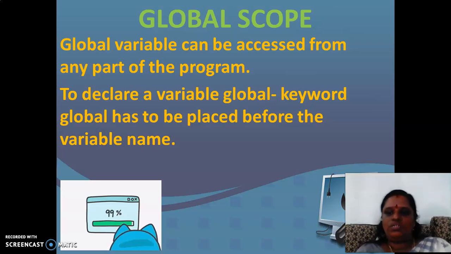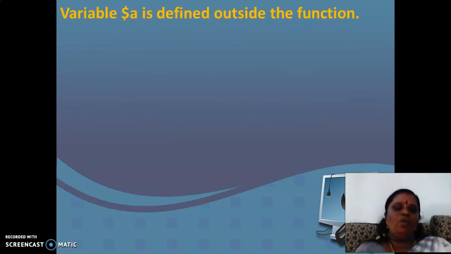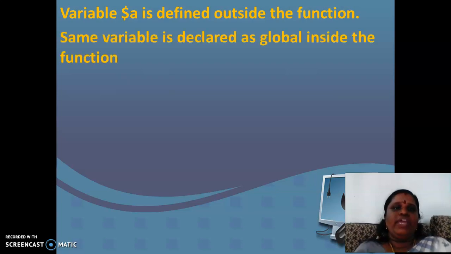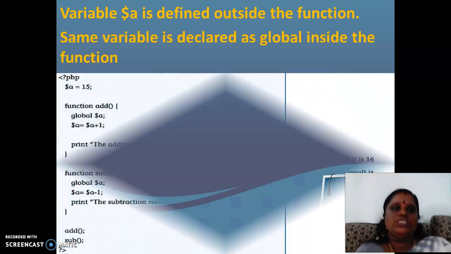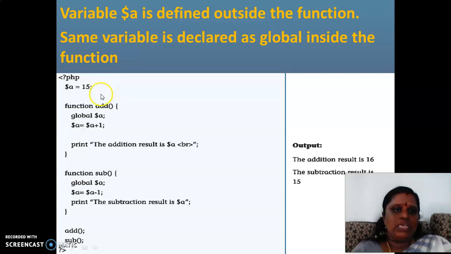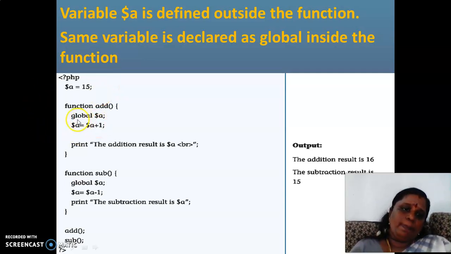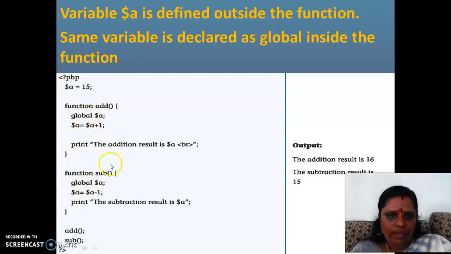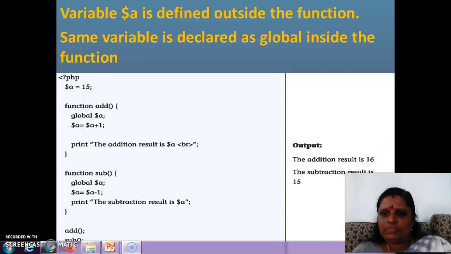Got it? Okay, so for example, for global, variable A is defined outside the program, and the same variable is declared as global, and this A can be used for many functions. See here, global A plus 1, and in subtraction also global A minus 1. So the result is